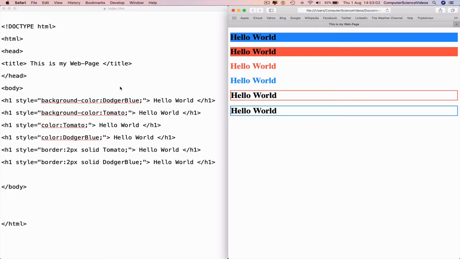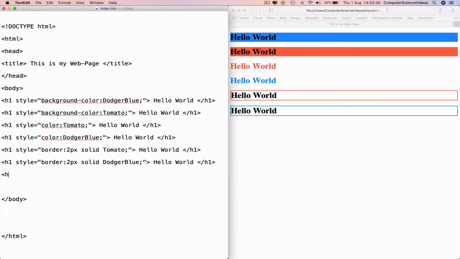In HTML, colors can be specified using RGB values, HEX values, HSL values, RGBA values, and HSLA values. Same as the color tomato. So we can now go back to the TextEdit and type in less than H1 style equals speech marks background color. If I go back to the top line, right click, copy after highlighting, and then paste background color, a colon, RGB, and then parentheses,